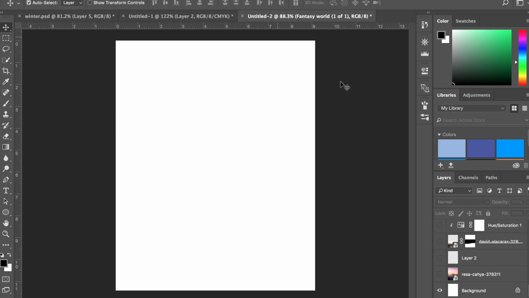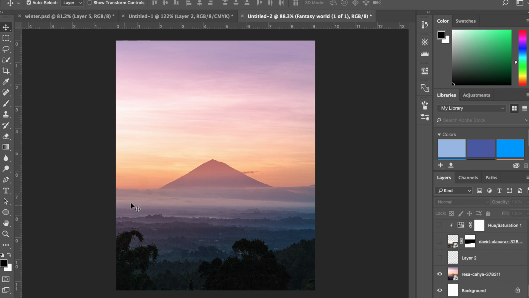Okay, so once you have your new document, the first thing we're going to do is import some background photos. These are the photos that we're going to use to start our image off. Okay, so the first image that I downloaded was this one here. We've got a mountain in the background, a nice sunset sky, and it's going to work really well with what